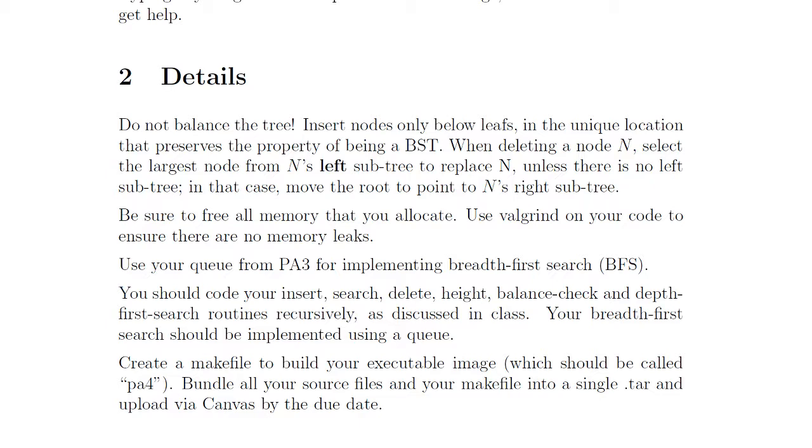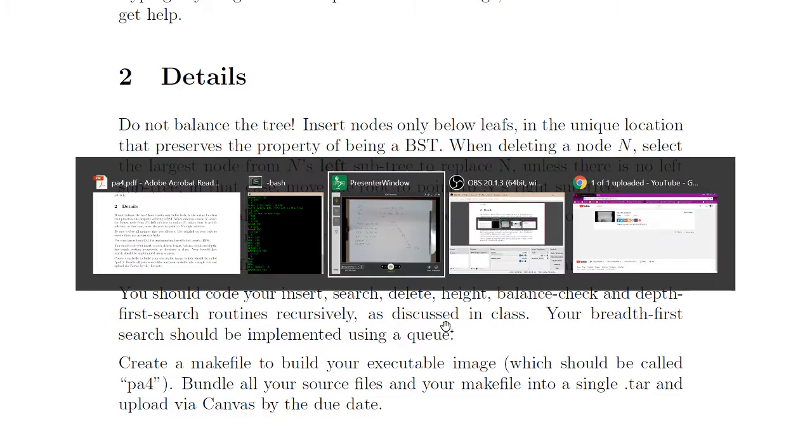All right, the one exception to the deleting rule is if there is no left subtree, then just move the root down. So if you've got something like this,